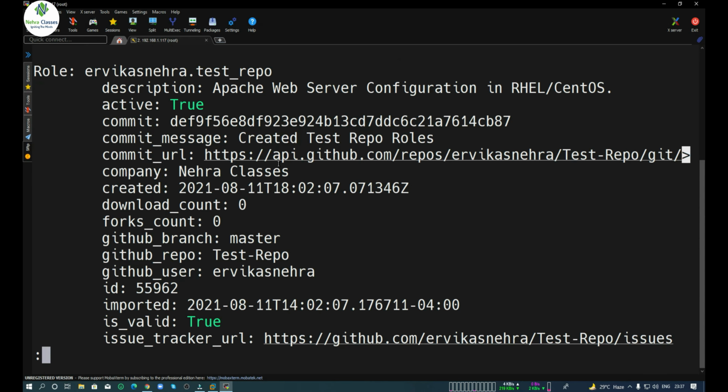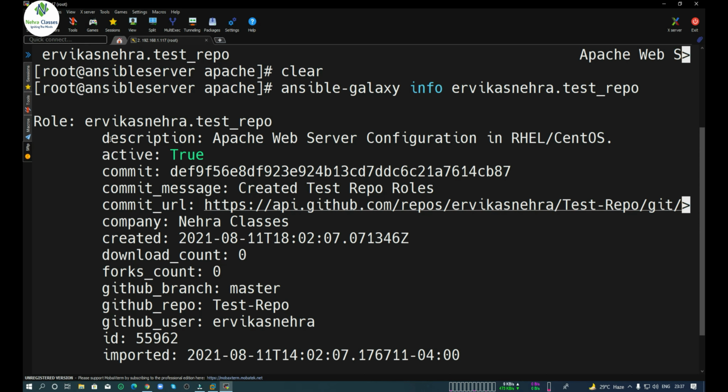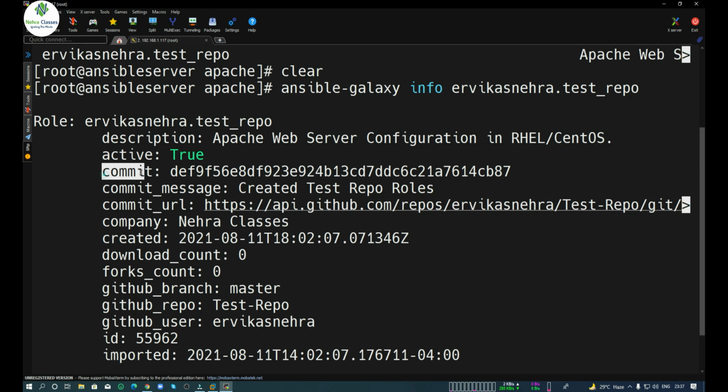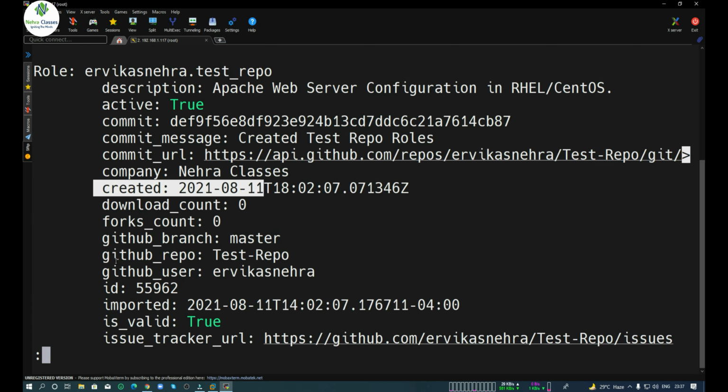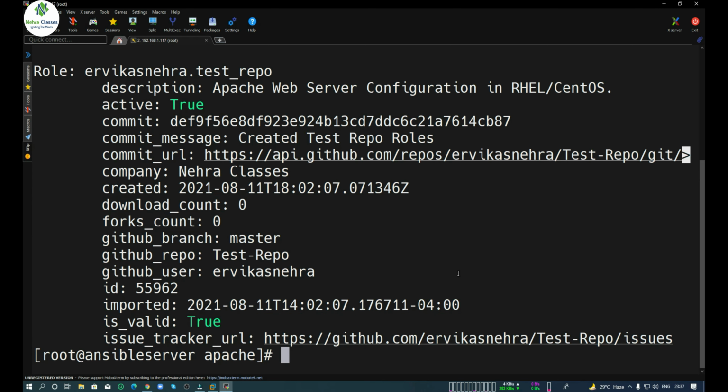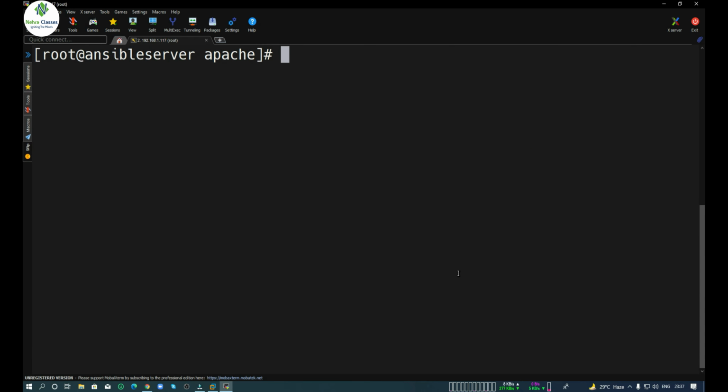So it will show you all the details regarding this role, like the description, whether it is active or not, commit, message, company name, Nehra classes, when it was created, what was the version of Ansible. All these details are available, and it will also show you the GitHub link if this is imported from GitHub. So all these details you can get by running the ansible-galaxy info command.